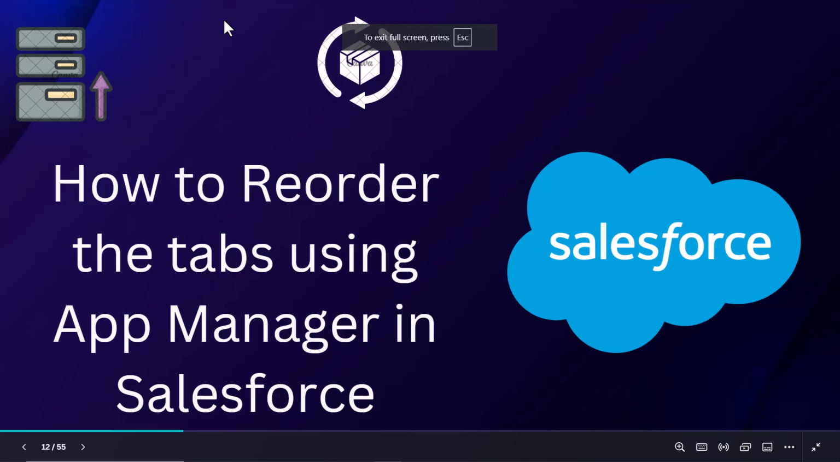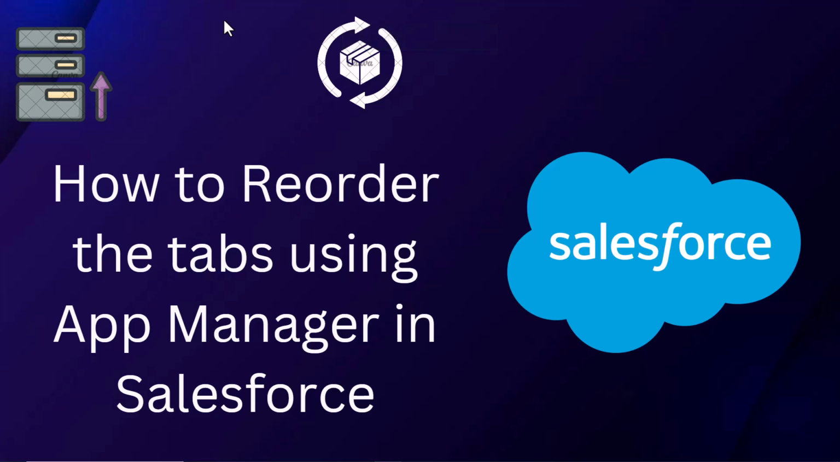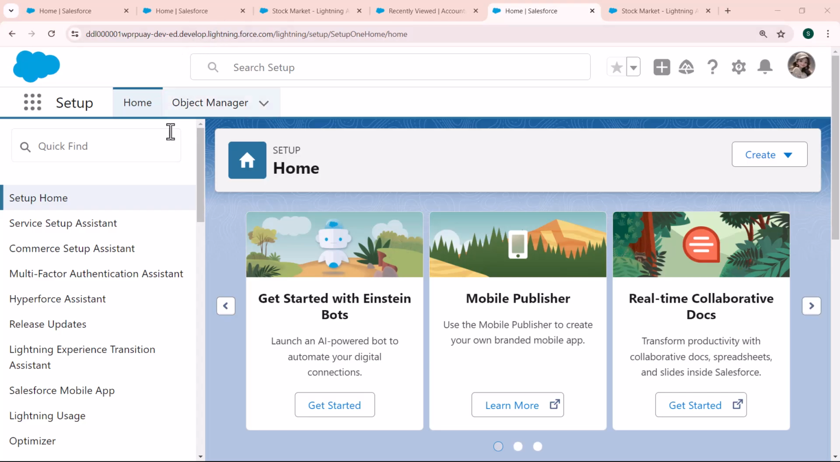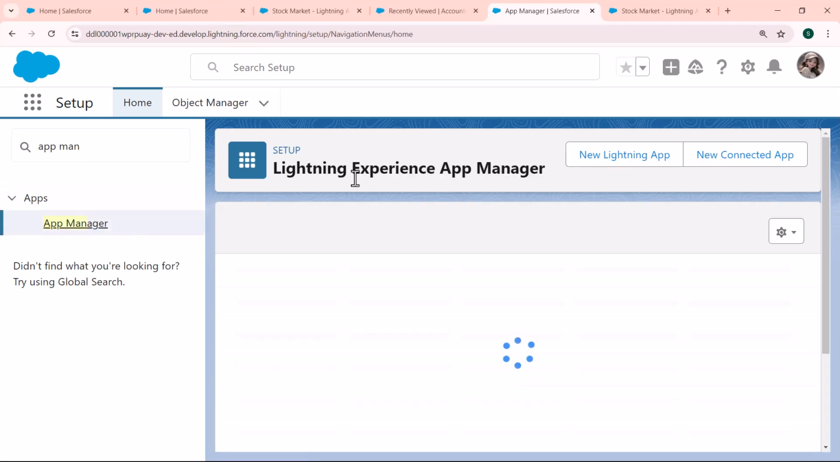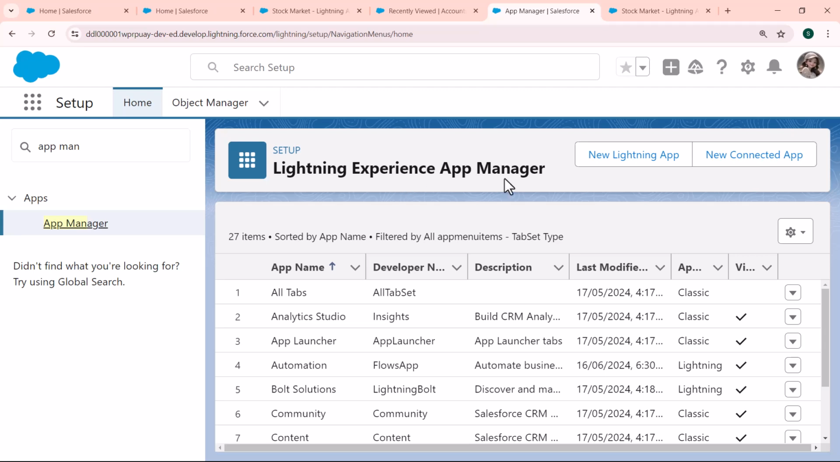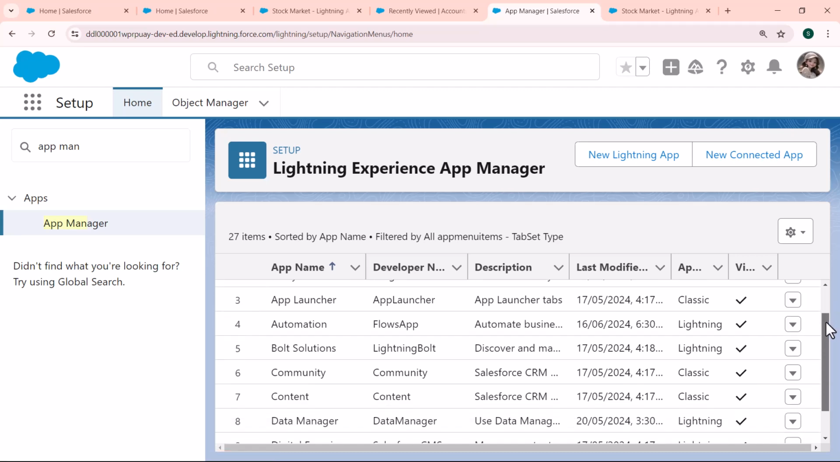Now move ahead and discuss how to reorder the tabs using App Manager in Salesforce. So move to our Salesforce Lightning org. Now our setup page is open. Now enter App Manager in the quick find box and select App Manager, and it will redirect us to the Lightning Experience App Manager page where lots of apps are already present, and here we want to select